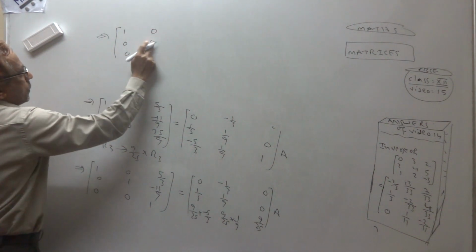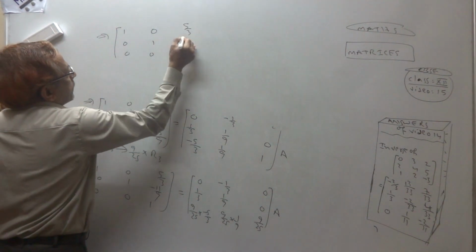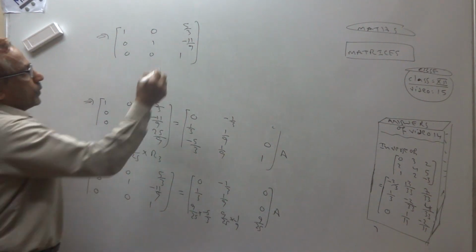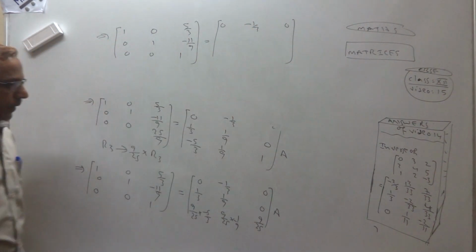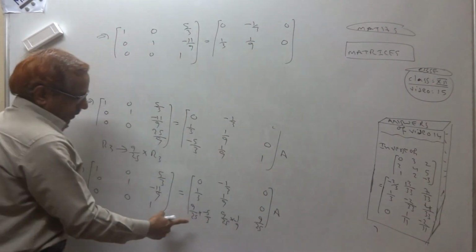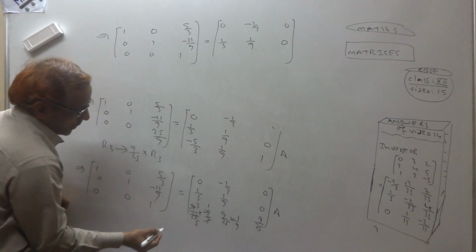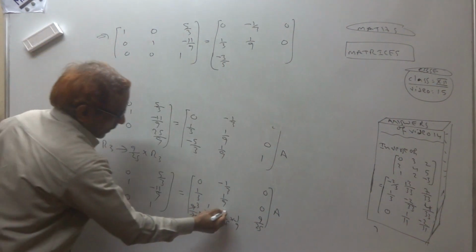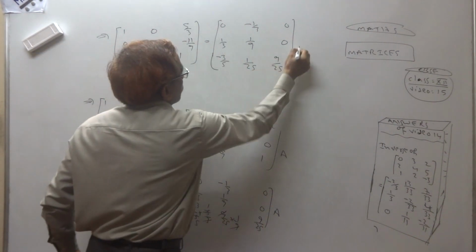Yes, we got 0, 1, 0. Now I got 1 here. 5 by 3, 11 by 9. This is same. Is equal to 0, minus 1 by 3, 0. 1 by 3, 1 by 9, 0. This how much? 3 3s are cut. 5 1s are 5, 5 5s are cut. So minus 3 by 5. And here 9 9 cut, 1 by 25. This is 9 by 25.